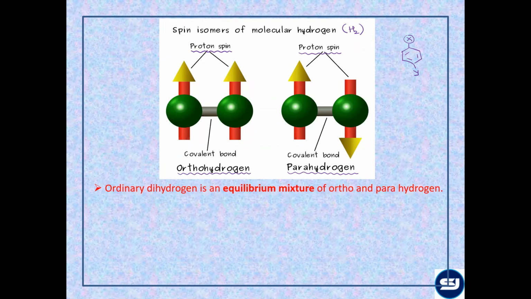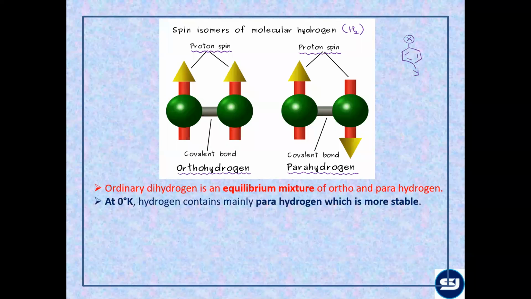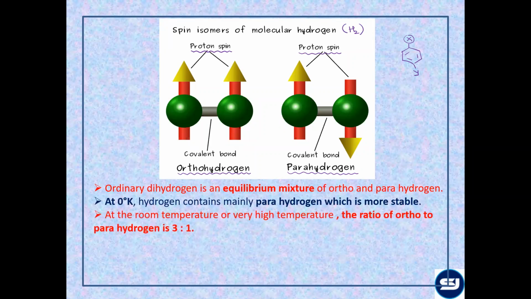Ordinary dihydrogen is an equilibrium mixture of both ortho and para. At 0 Kelvin, hydrogen contains mainly para, यानी लो टेम्परेचर पे para ज्यादा स्टेबल है. रूम टेम्परेचर या वेरी हाई टेम्परेचर पे the ratio of ortho to para is in the proportion 3:1, यानी 75% ऑफ द